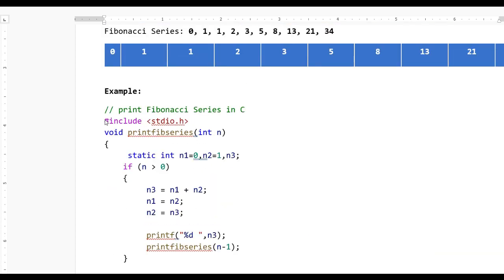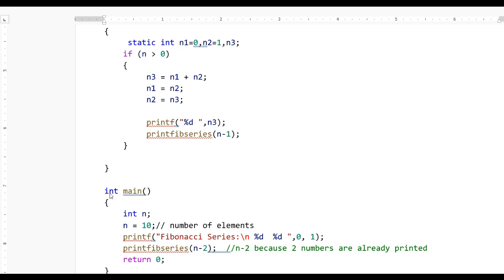First we need to include the standard library stdio.h, and after that we declare int main, that is, the main function will be executed, and integer n. Here we define n equal to 10. Here we know how many elements we want to print, so we define n equal to 10